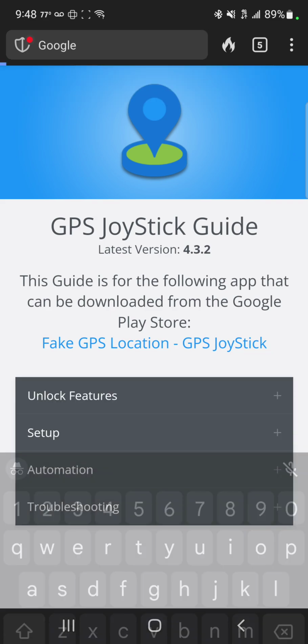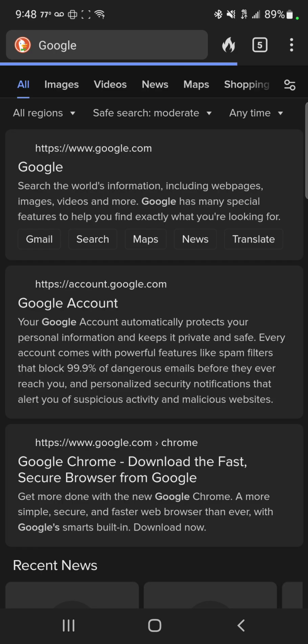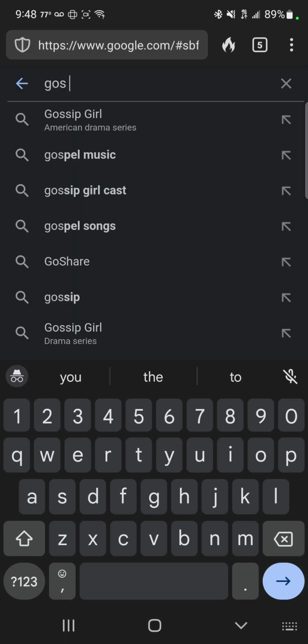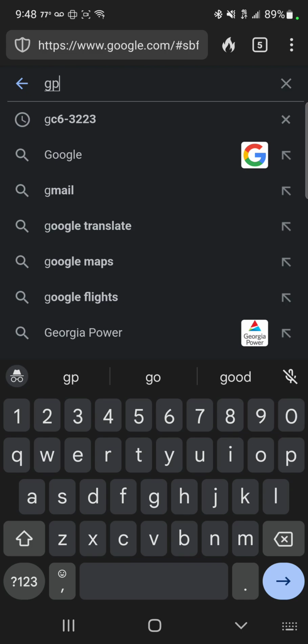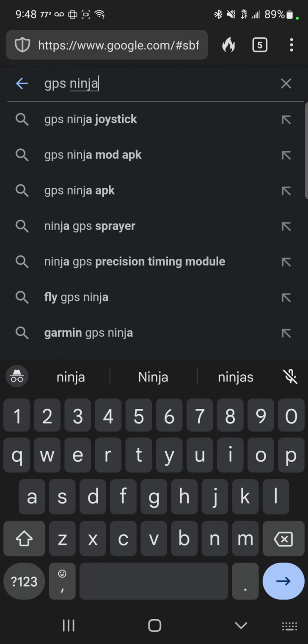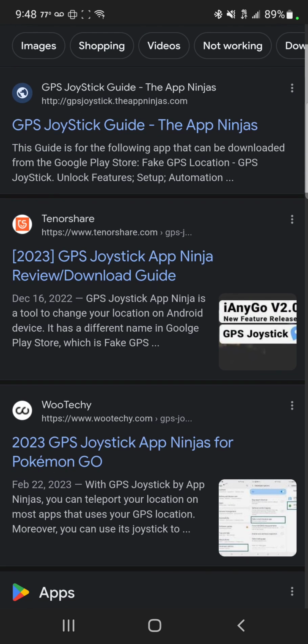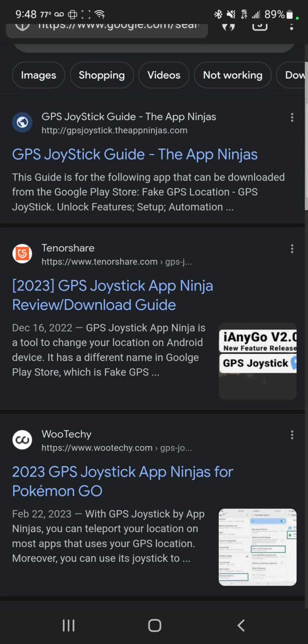Go to google.com and then search for this app. It's called GPS Ninja Joystick. Once you hit that, it will load the website for you, and then you look for the website called